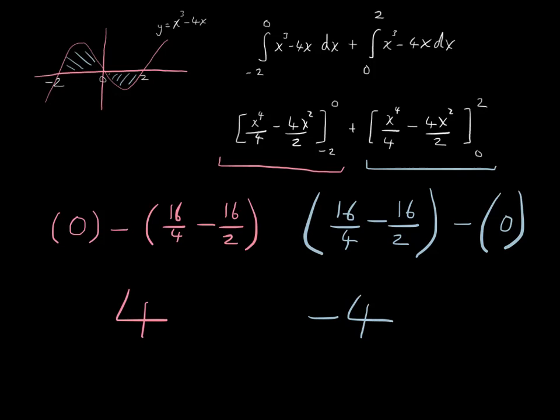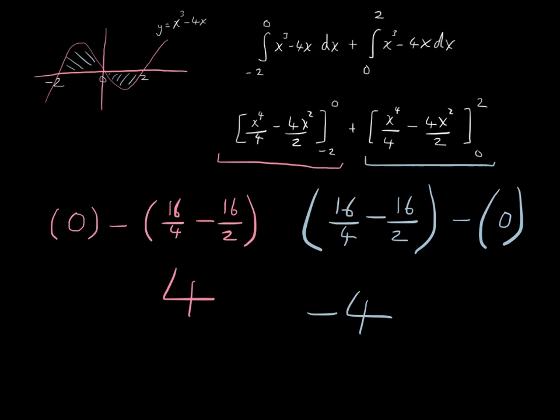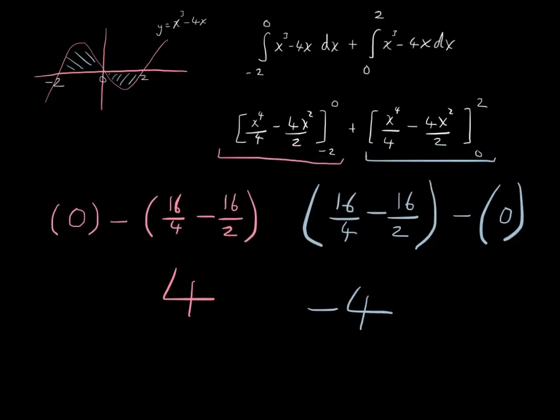So you can see if you simply add these two numbers together, the negative area cancels out the positive area and it looks like there's no area at all. But seeing as we're just looking for the total area, I'm going to ignore this minus sign. The minus sign is only telling me the area is underneath the x-axis. That's all it means in this case. So the total area is simply 4 plus 4, which is 8